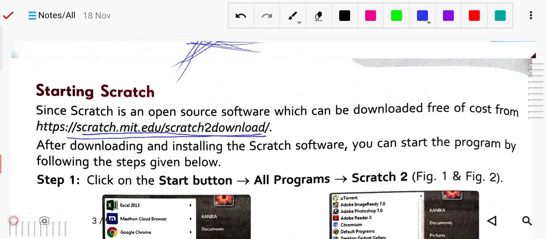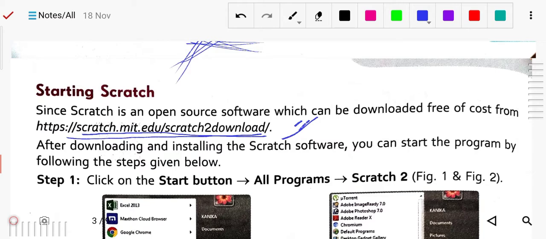From this given link you can download Scratch. It is an open source program and it is free. You can download it on your computer and use it. You should also know that Scratch works offline as well as online.